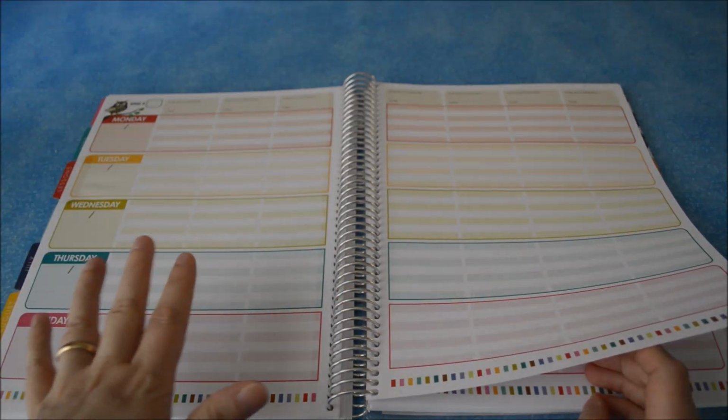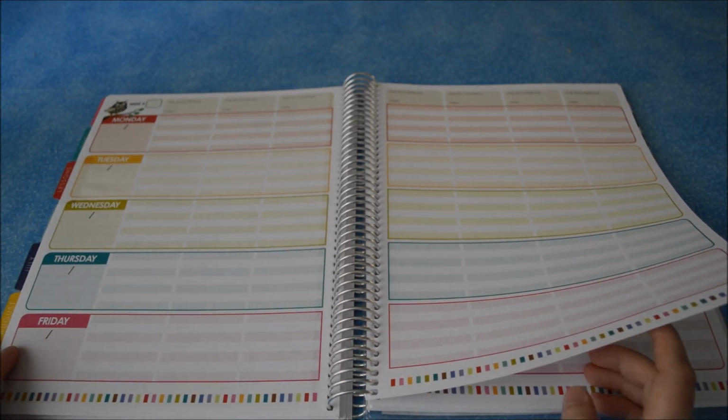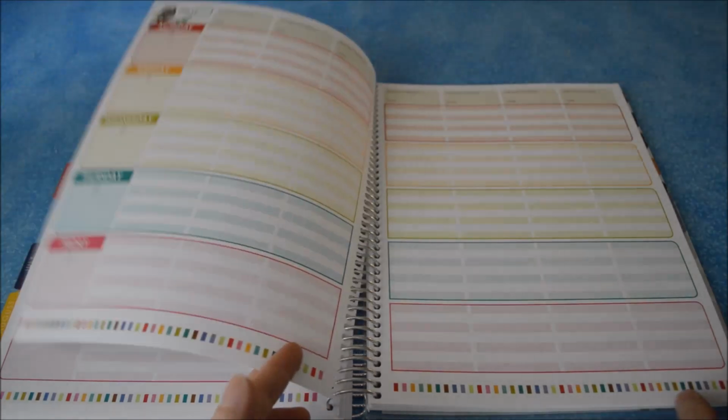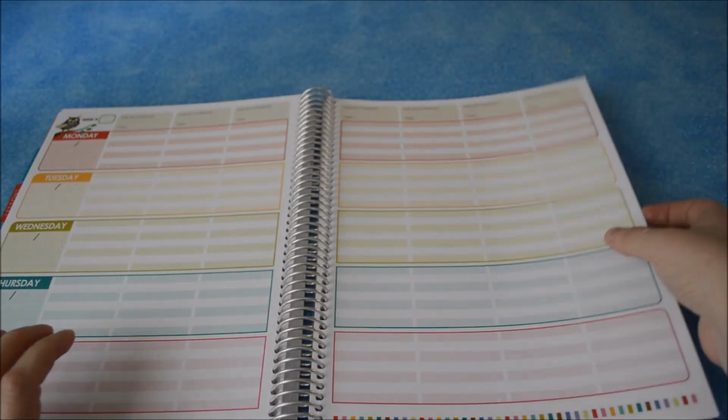I plan to use the normal subjects, the everyday subjects, you know, reading, writing, math, history, Bible, science, that kind of thing up at the top, the stuff that we try and touch on most days. And so there's plenty of those pages. And then the other